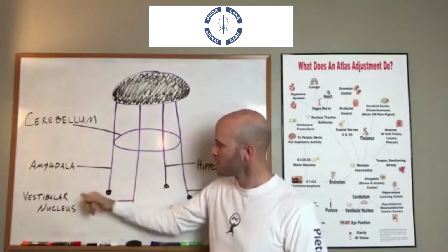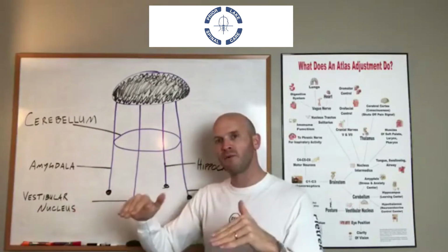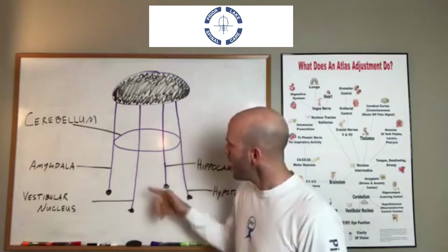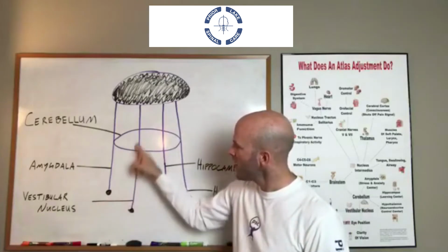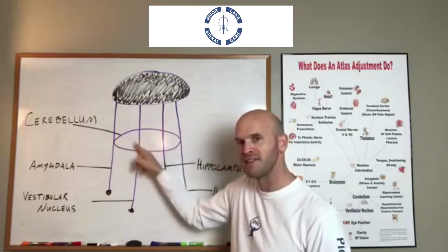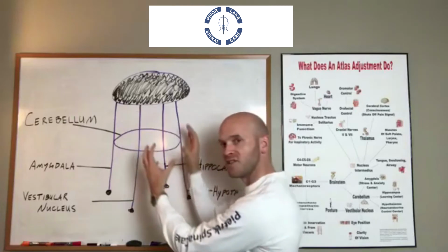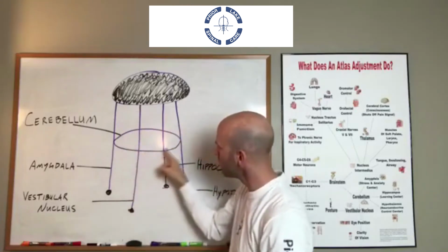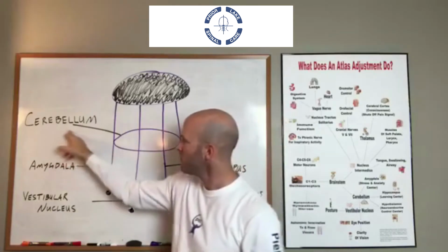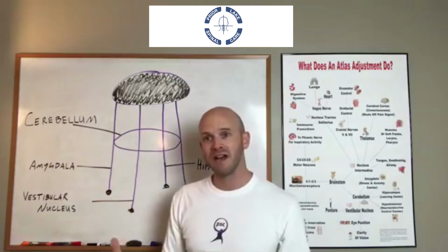So the wonderful thing is we can monitor one of these, the vestibular nucleus, the alignment before and after, since we don't just rely on a popping noise with our work. And we know that in order to affect this, we had to go through the front door, let's say, the stabilizer, the integrator of this strong stool. This stool is stronger with this reinforcement right here than if it didn't have this. So since we had to go through the cerebellum in order to affect the vestibular nucleus,